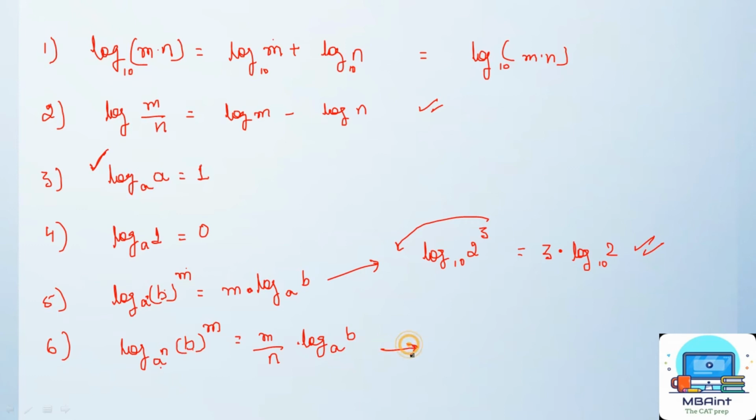If you want to see an example of this, I'll just put it here. So this is log, let's say the base is 2 to the power 3, and the value here is 8 to the power 3, right? So again this will be 3 upon 3, log with base 2 and value 8, right? Again, this can be solved further, but I'll restrict to here, because I just want to show this property only, right? So here this is going to be 1 and the value here is nothing but log with base 2 and value 8, right?